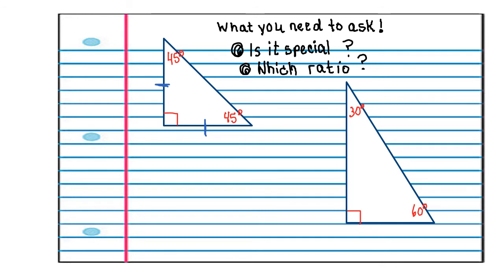Sometimes it's not quite as apparent because maybe we've got something like, oh, let's say the square root of 6 for a side, which means the other side's going to be the square root of 6, which means the hypotenuse is going to be the square root of 6 times the square root of 2 equals the square root of 12,